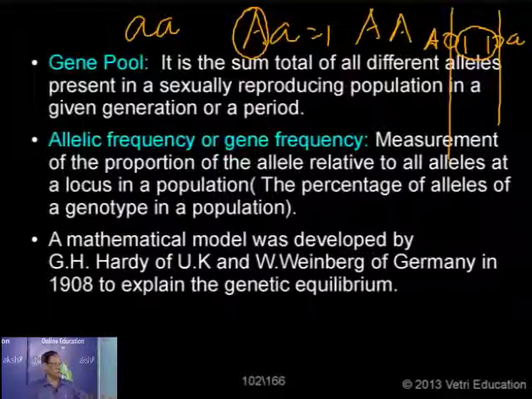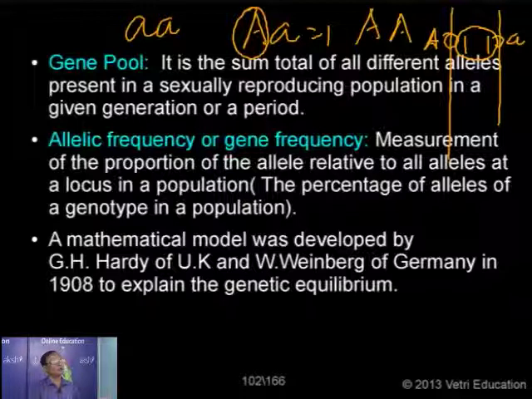That's why, given all alleles, the proportion of the allele relative to all alleles at that locus in a population, simply we can say the percentage of an allele or a genotype in a population, is known as gene frequency or allelic frequency. To calculate the allelic frequency or gene frequency, a mathematical model was developed by these two people,